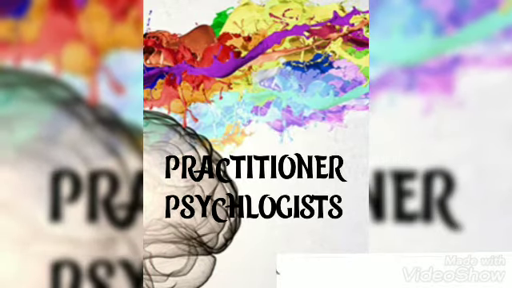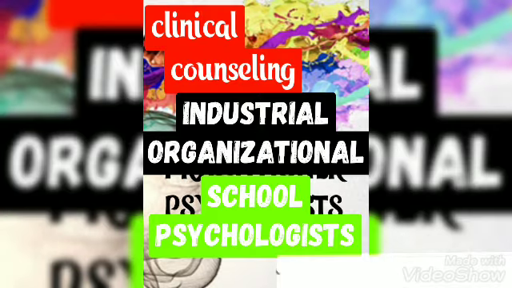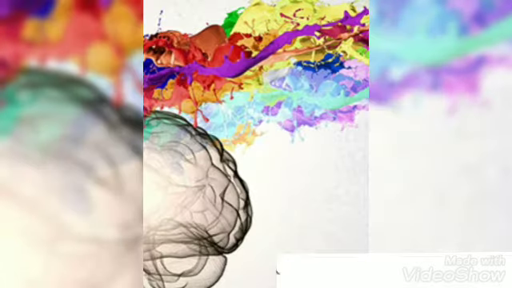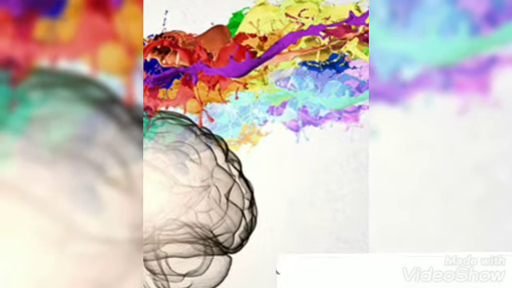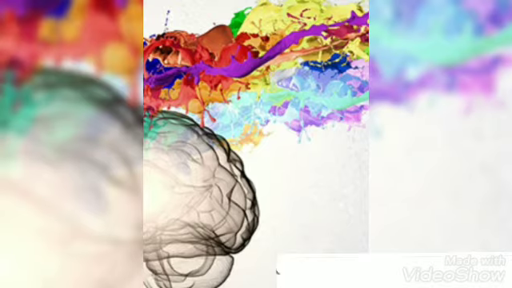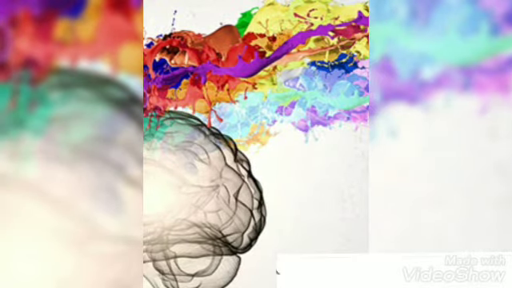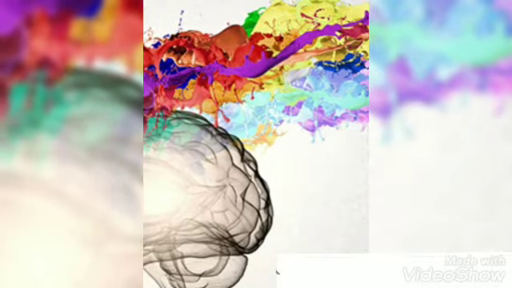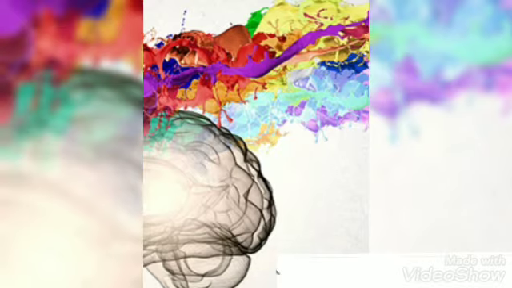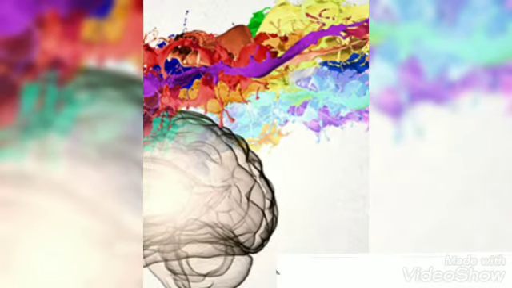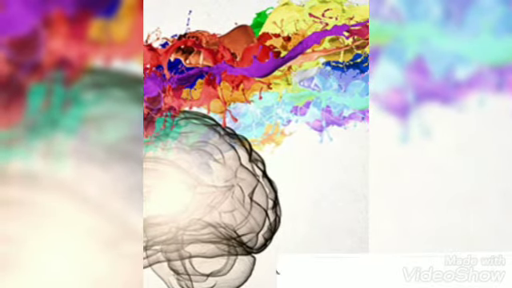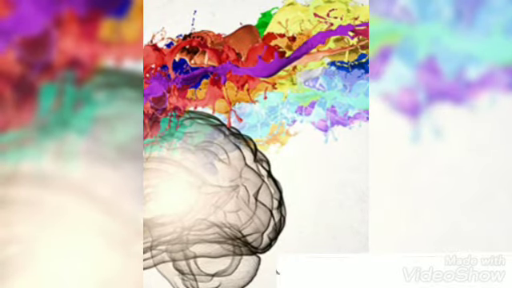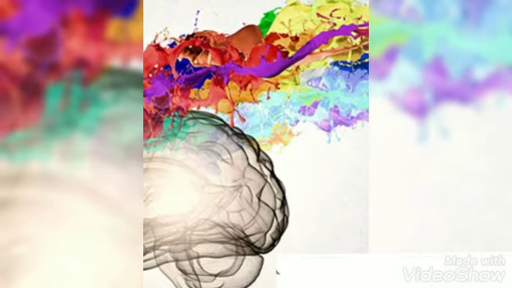And the other one, practitioners such as clinical, counseling, industrial, organizational, and school psychologists. They use the existing methods. They use the methods that are used by the researchers. They use them to enhance the lives of others. They then collect knowledge about the behavior and causes and factors, just to help others in counseling and therapy, as we have talked about earlier.